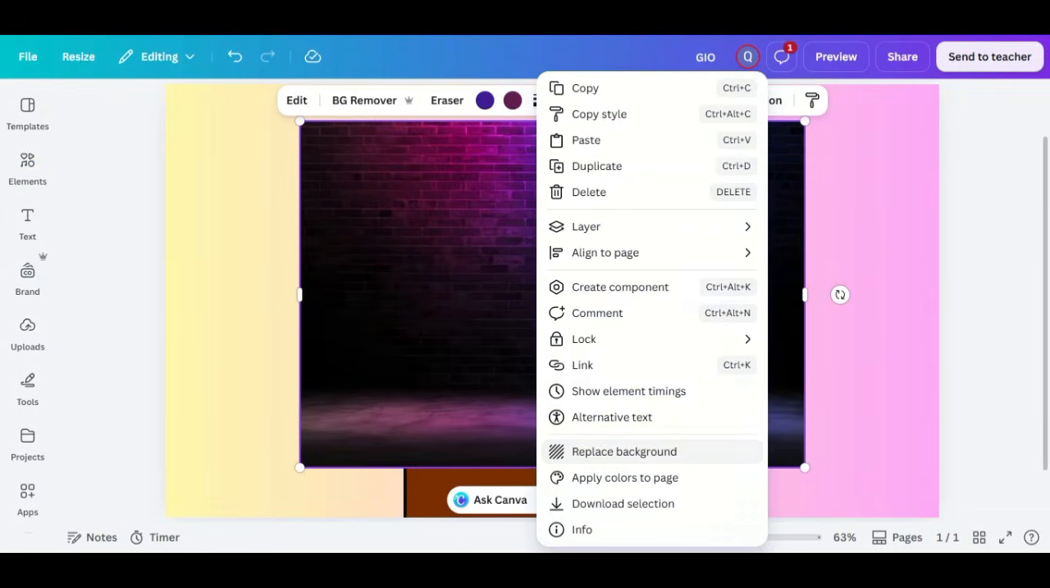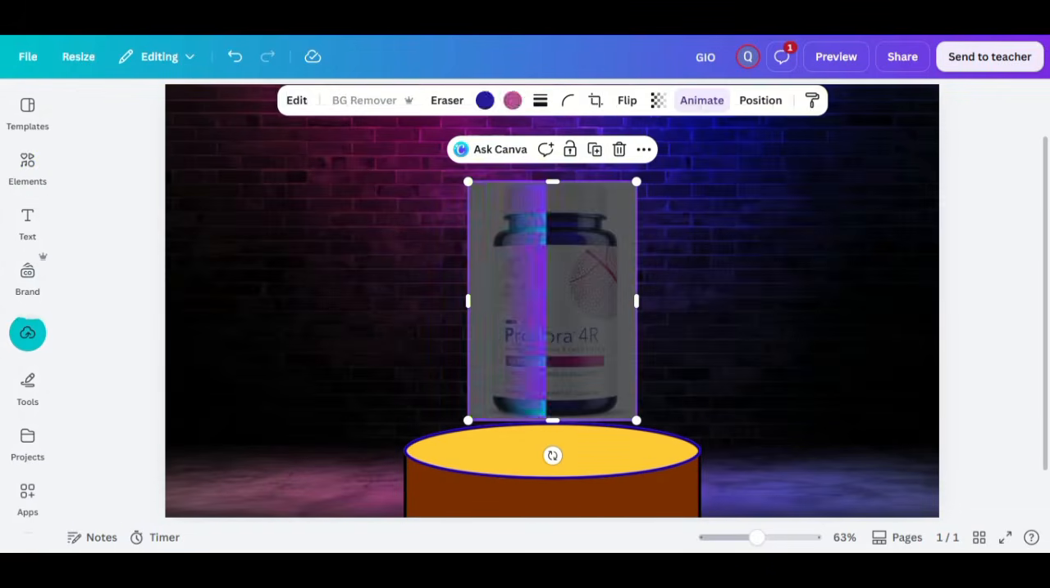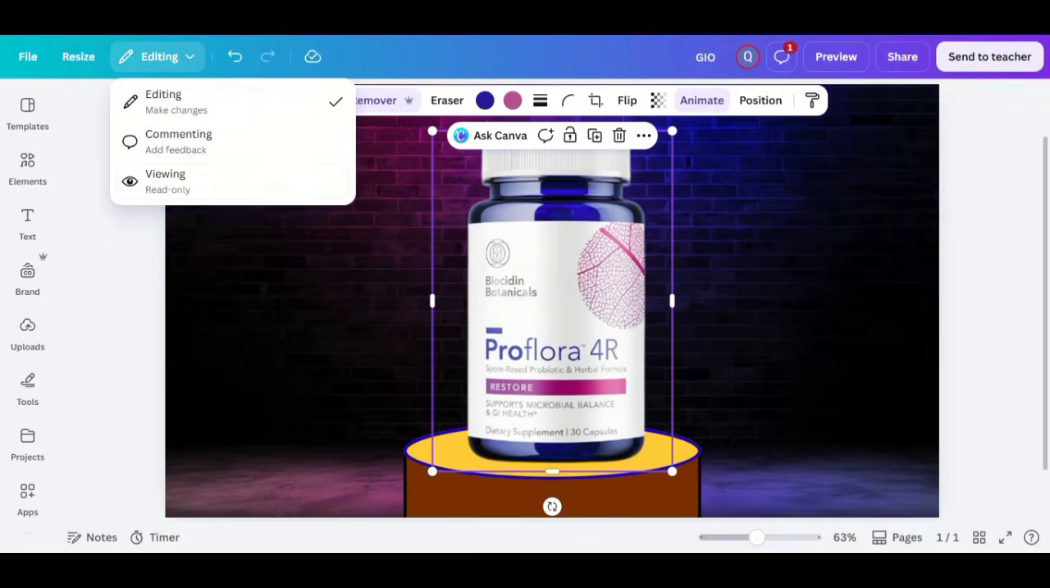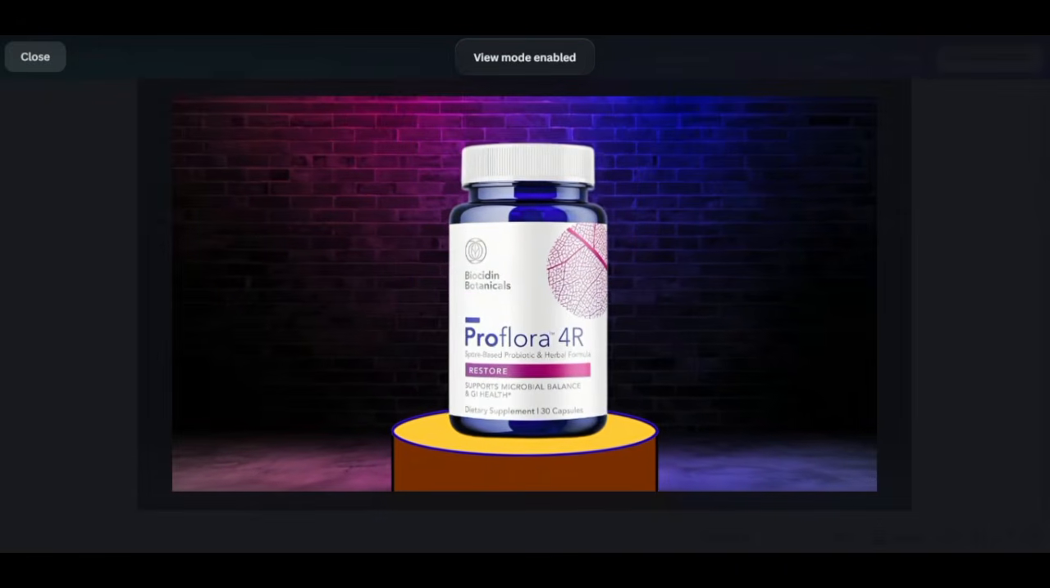Upload your product image and position it above the background layers so it becomes the focal point. Add a bold headline, a short product description, pricing, and a clear call to